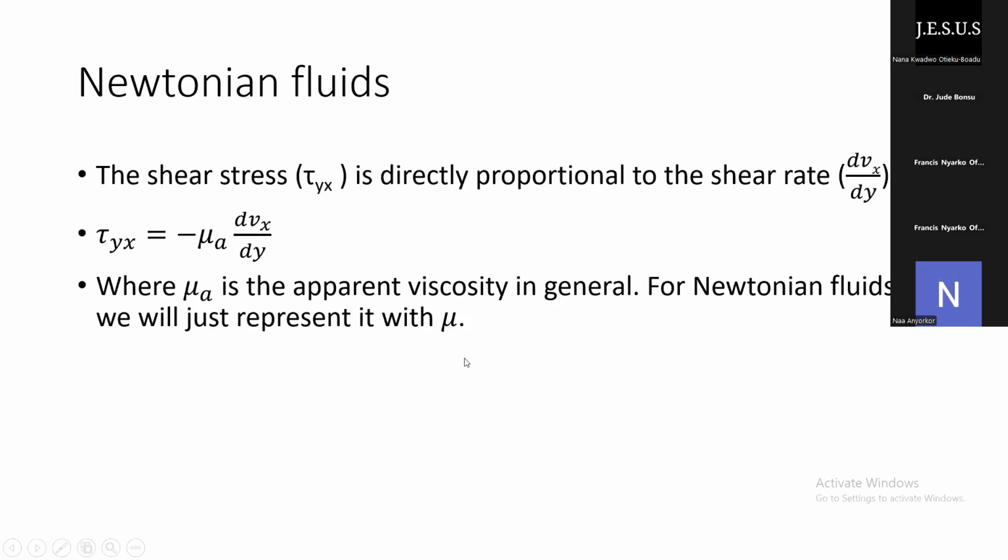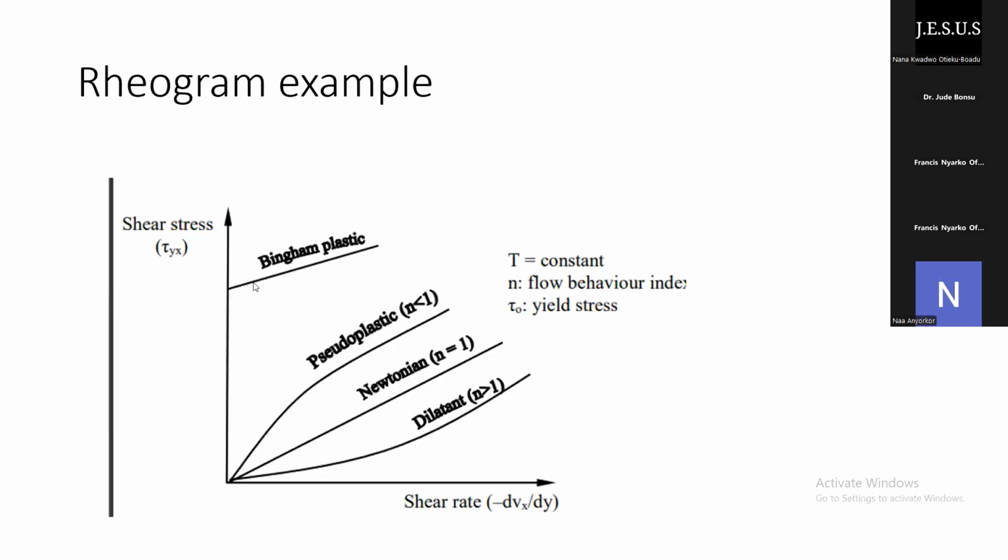And because Newtonian fluids obey this, which is directly proportional to the shear rate, from the graph, realize that as the shear stress increases, our shear rate also increases. And that's the Newtonian fluid. So the rest, which are the non-Newtonian, do not exhibit a linear